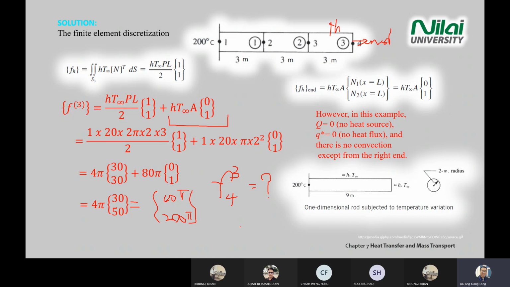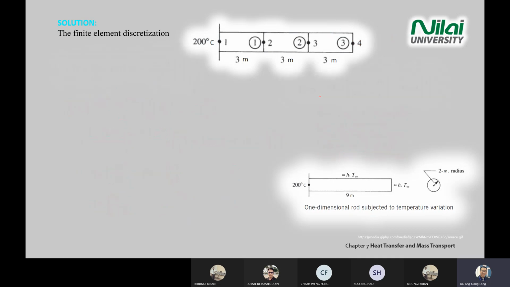200 pi. Correct. The answer is 200 pi, yeah? The answer is 200 pi at point number 4. There's a force there. Okay, since the whole class understands, the next one is just, again, use back